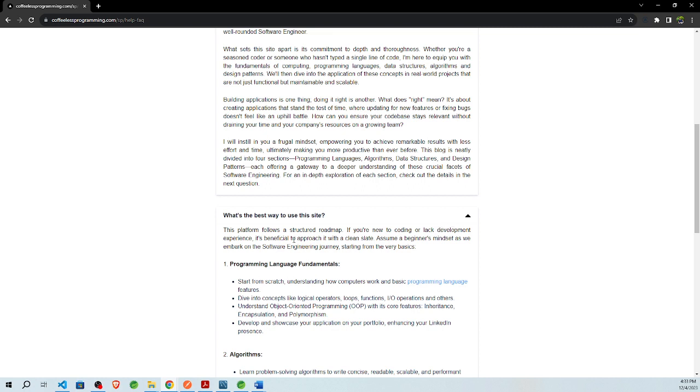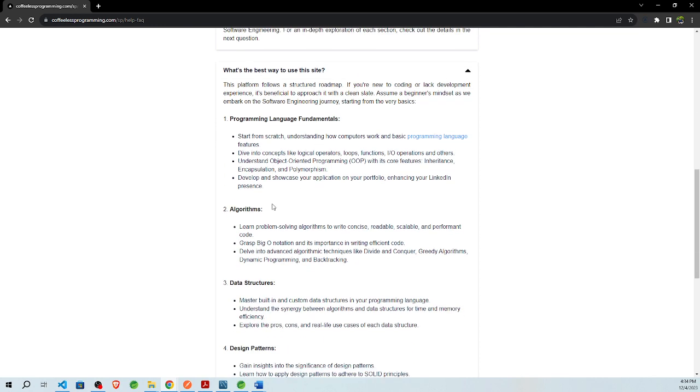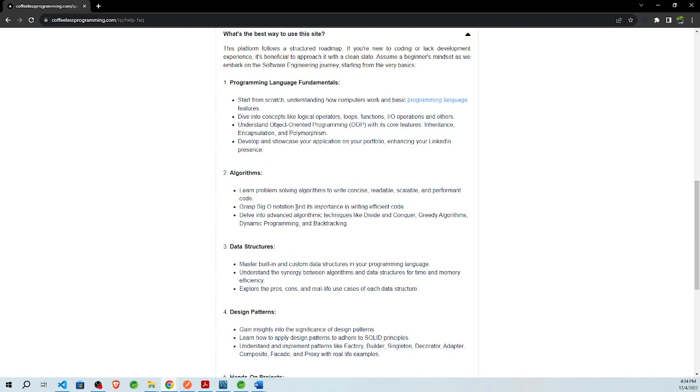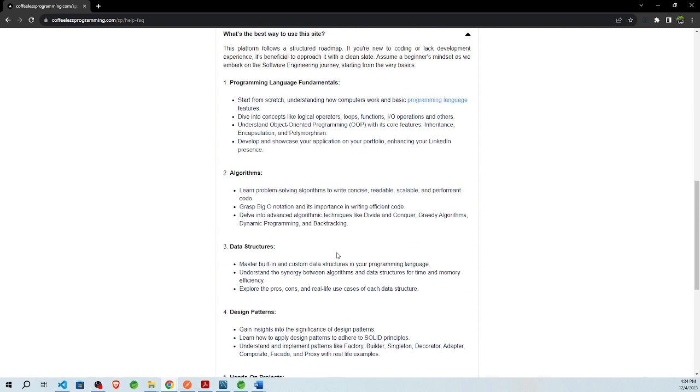So what I explain here is that if you don't have previous experience, which could be the case for many people that transition into software engineering or into tech, well, first of all, you need to learn what programming languages are, right? You need to learn the algorithms that you can use in programming languages, some data structures that you can create or that are already provided by the programming languages that you use, the design patterns that you can use to better develop software, and the last section will be the hands-on projects. Now, obviously, this will be the desirable path that anyone can take, but people that are already experienced can just skip some of these tutorials. But for individuals that are just starting to learn the software engineering craft, they are suggested to go through this learning path.